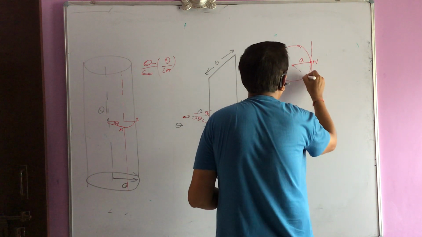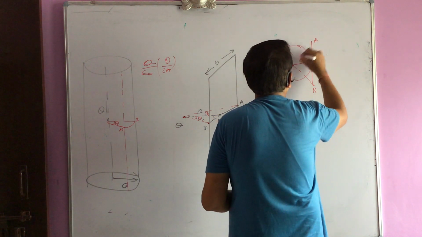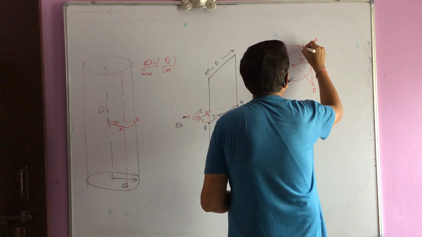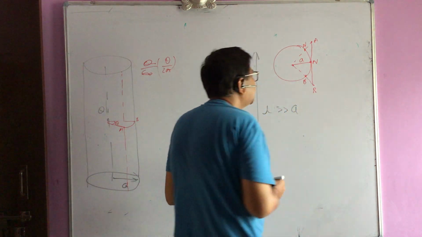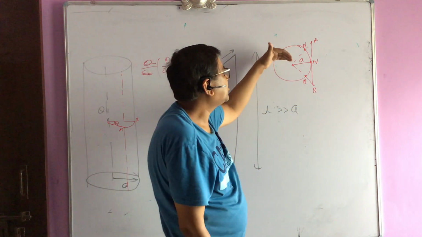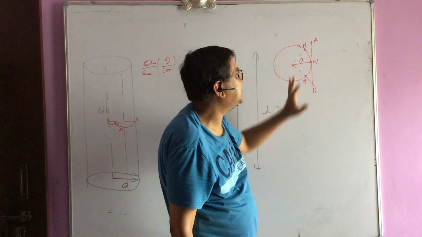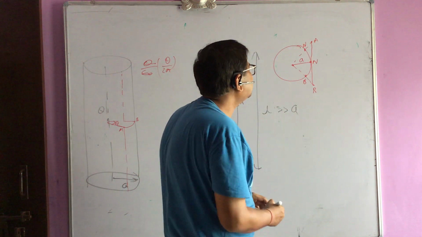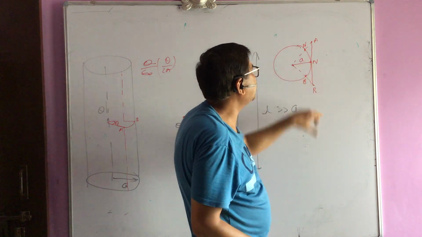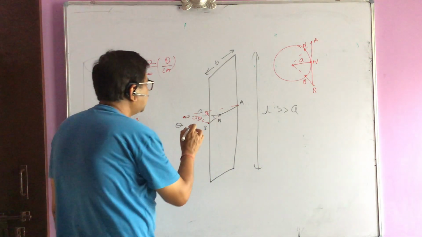And here I am having this point B. Here I am having this point A. Correspondingly, I am taking here A dash, and correspondingly I am taking here B dash. So we can say all those field lines crossing from A dash to B dash on the curved surface of the cylinder are ultimately crossing this sheet. So the flux through A dash B dash is same as AB. So I don't have to do anything. I have to just calculate the angle.